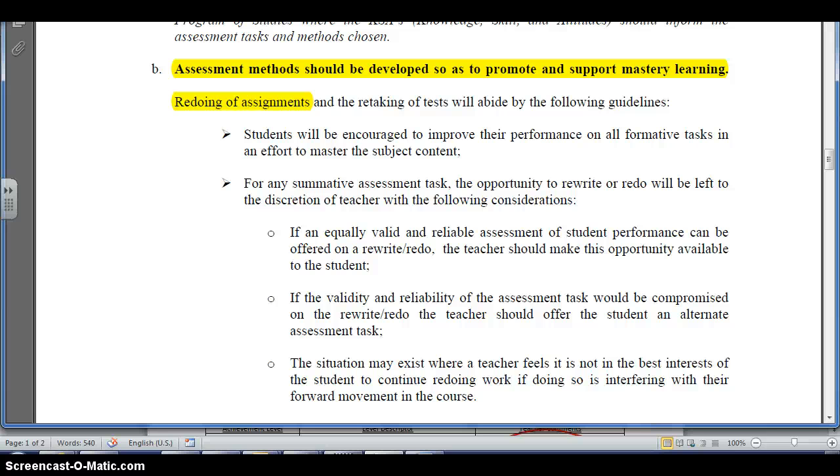Hi there, I'd like to show you some tools that I use to help me manage our progressive assessment policy that we have. One of the important components of our school's assessment policy, as it is highlighted in yellow here, is that assessment methods should be developed so to promote and support mastery learning. And in particular, I want to talk about how I manage redoing of assignments for my grade 8 and 9